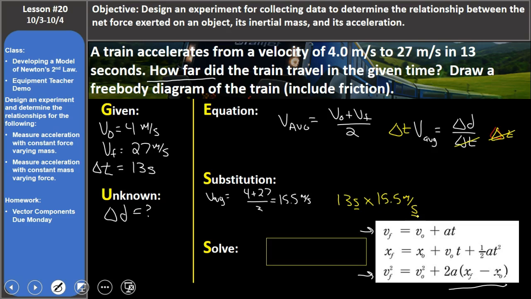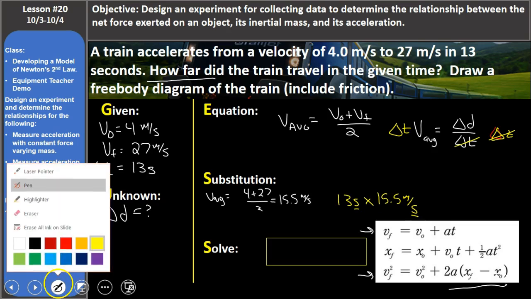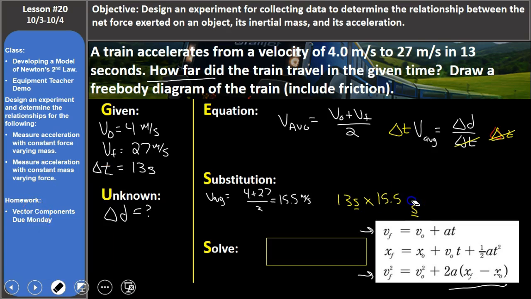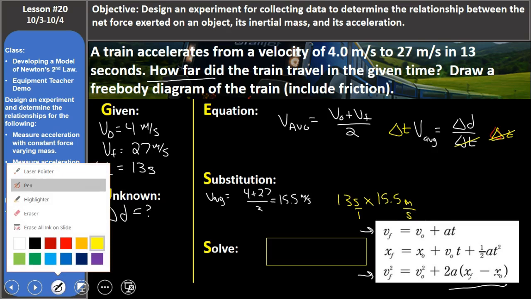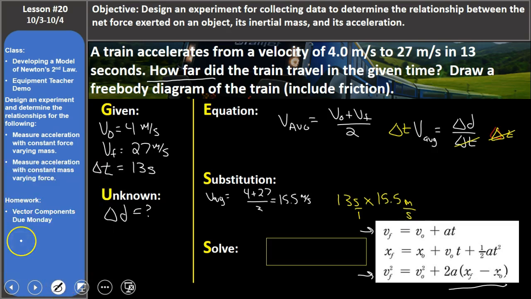What happens to the seconds, guys? Let me do this a little differently so you guys can see it better. That's seconds over 1, and this is meters over seconds. What happens to them? They cancel to 1, right? 201.5